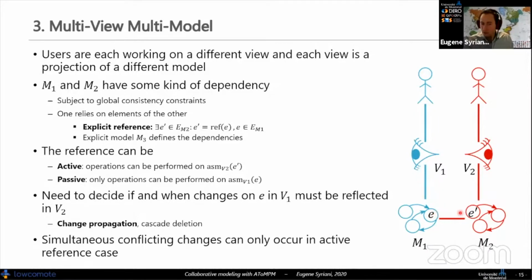Which one should be resolved? How do we resolve this conflict? And that happens exactly in that situation. And these kinds of conflicts can be resolved in the same way that was done in scenario 2.